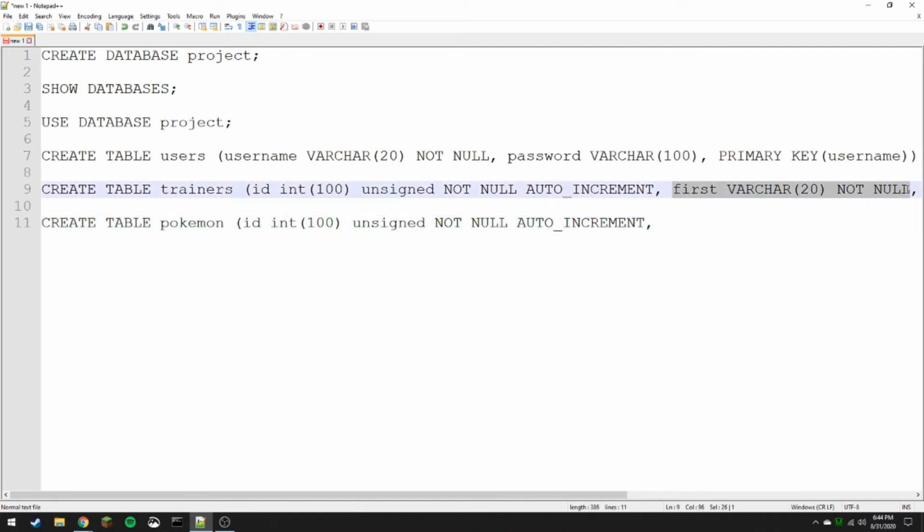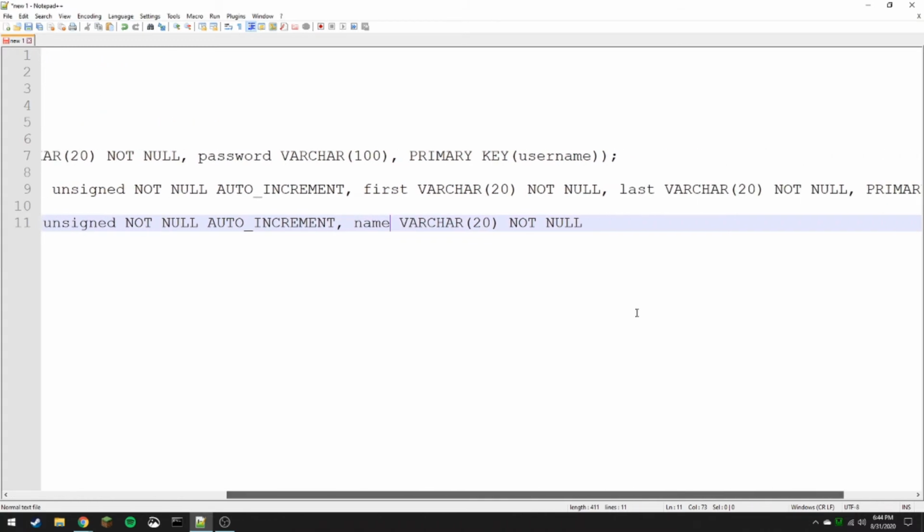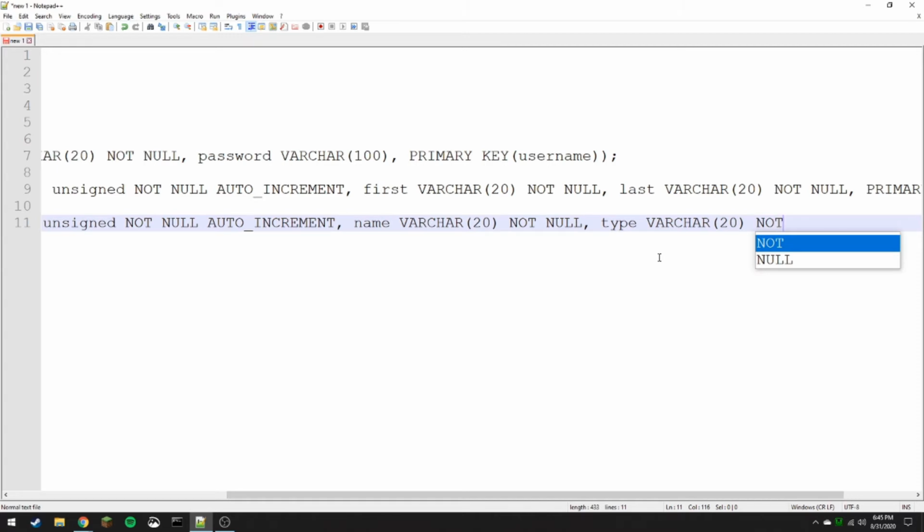So instead of first, this is just going to be name. And then we're going to have a type. And then this is just going to be varchar open 20 close. And then that'll be selected later on. And then it also has to be not null, means it can't be empty, as I said before. So, trainer,